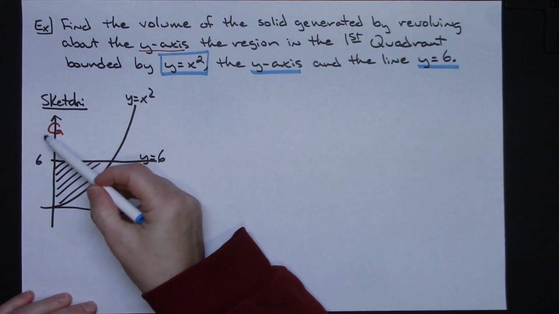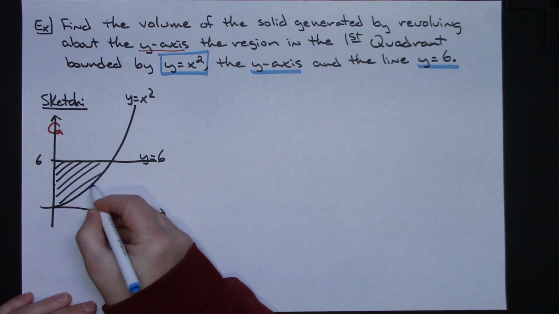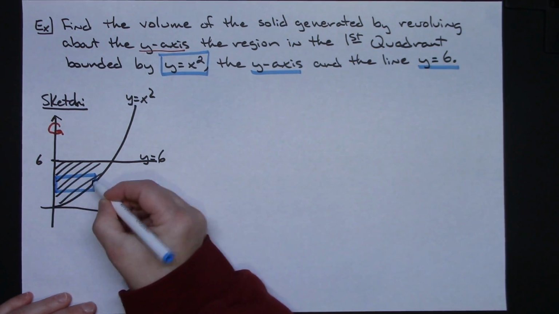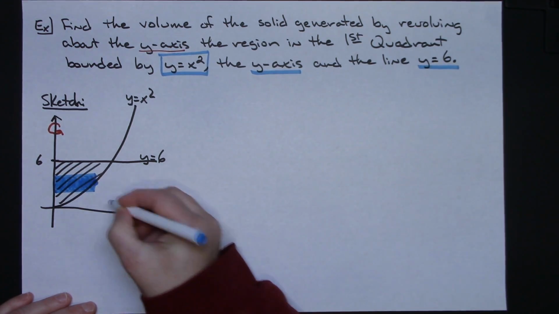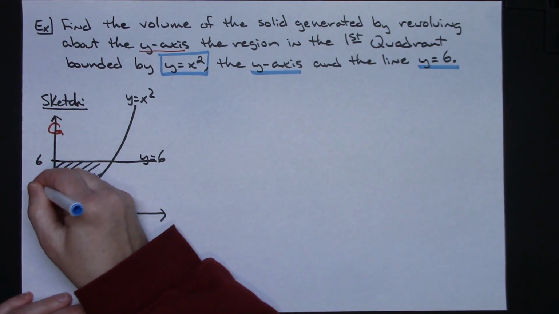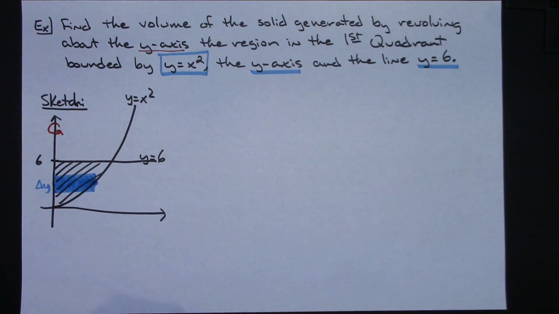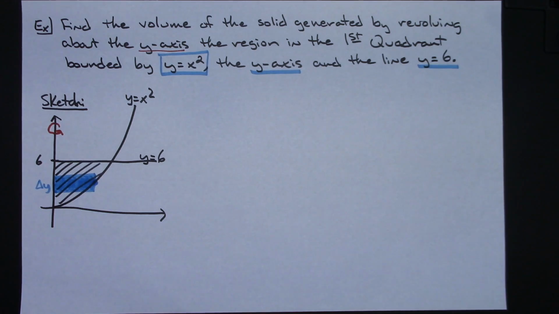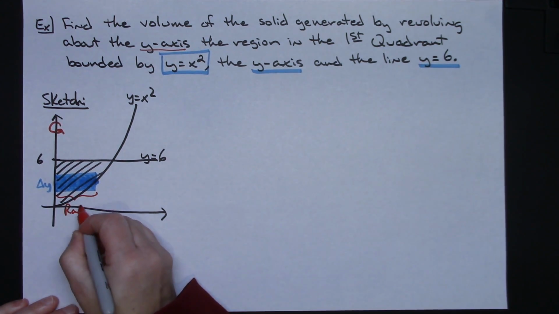Alright, I'm going to be revolving around the y-axis, so that means my representative rectangle has to touch my y-axis. Now, how wide that is, that's going to be a delta y. And you can think of this as being the radius of that disk, because as I revolve around that y-axis, the distance there will be the radius of my disk,